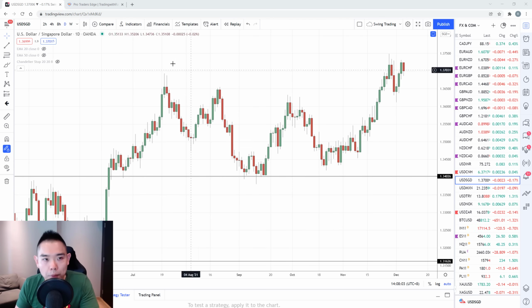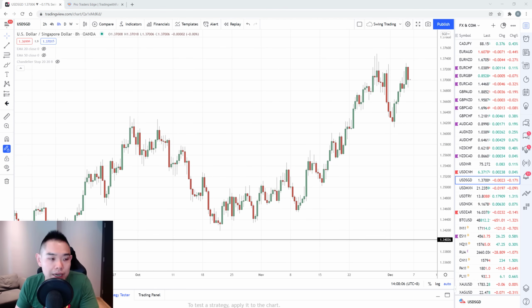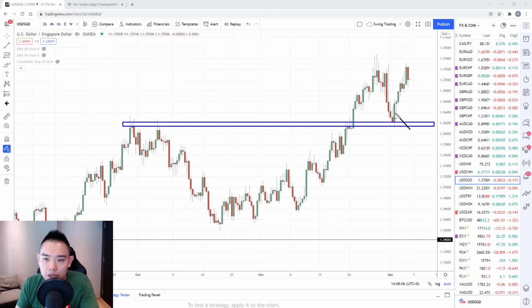On the 8-hour time frame, or even a daily time frame actually, but we'll just use the 8-hour, notice how the price reacted at that level and gave you a valid entry trigger to go long in the form of a bullish engulfing pattern. So I missed this trade, but you can see this concept can be applied to other currency pairs as well. If I had seen this one, what I'd do is, I'm usually a cheapskate,